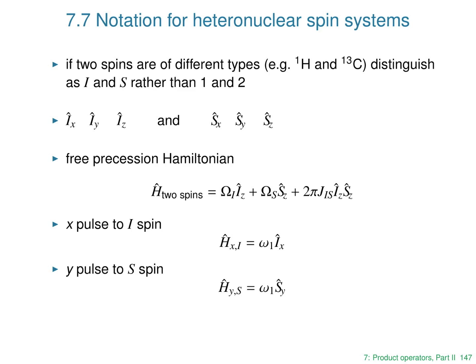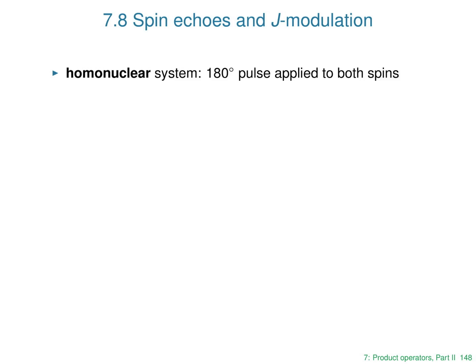Okay, so we've put all the bits and pieces together now. We know how to describe pulses and free precession, and we've got some idea about what these in-phase and anti-phase terms mean. And we're going to look at these first of all, and we're going to look at how this plays out with spin echoes. And you're never going to get away from spin echoes in this course. Now you've already looked at the spin echo and you've seen that the offset is refocused. That's a very special property of the spin echo. And what we're now going to look at is how the J coupling gets involved in the spin echo,